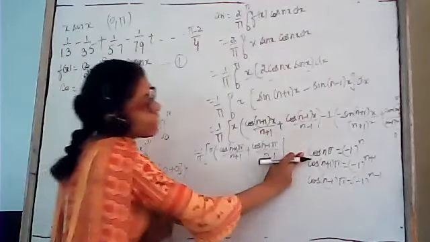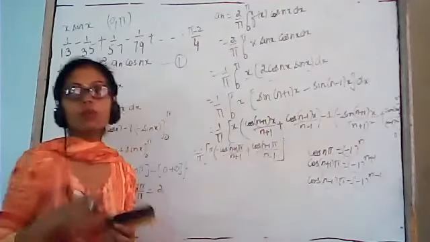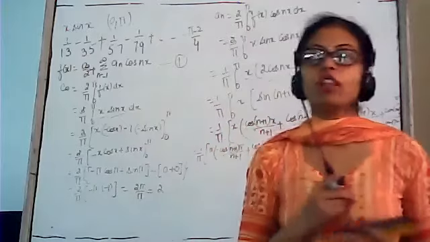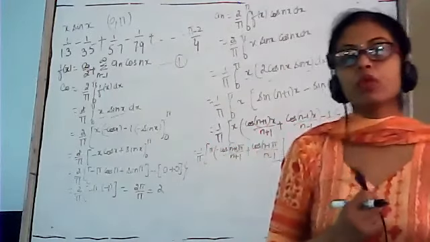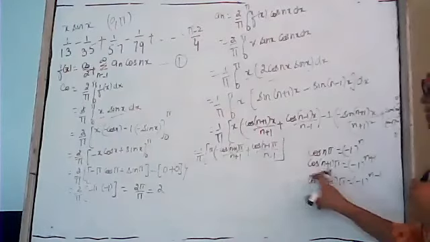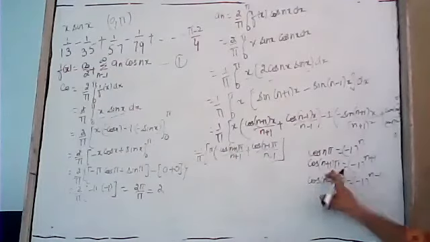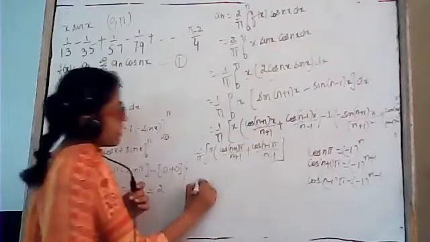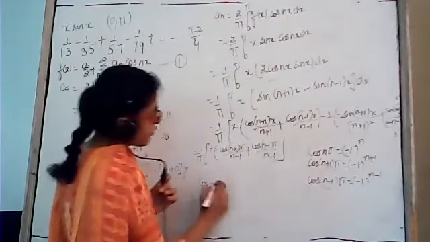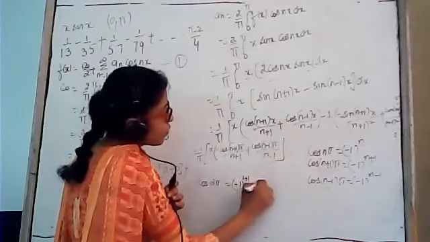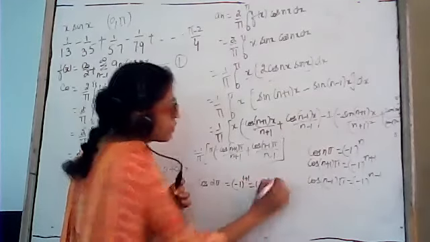बेटा cos n pi की वैल्यू minus 1 the power n होती है. हम लोगों ने जब स्टार्ट किया था ये चैप्टर, on that day I have discussed all the values by substituting the values 1, 2, 3 and so on. Similarly, in that way we can also find the value of cos (n plus 1)pi. देखो cos (n plus 1)pi, सबसे पहले substitute the value of n as 1. It will be cos (1 plus 1)pi. This is cos 2 pi. This will be equals to minus 1 the power 1 plus 1. That is minus 1 the power 2. That is equals to 1.